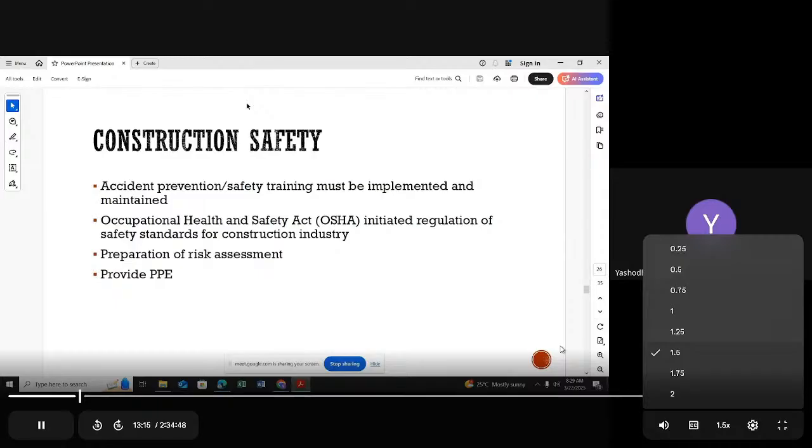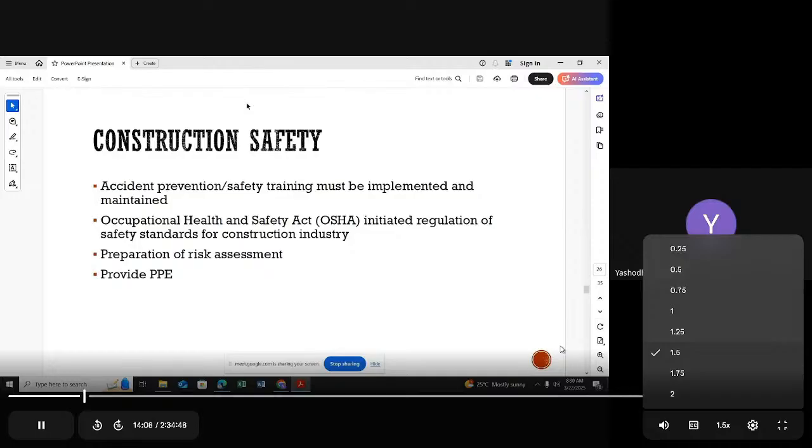Their life is at very high risk. Sometimes they have enough experience and training to work in that kind of place, so we know them as riggers. Their rate is also different. Imagine the labor rate for one day is 2,000. Labor rates are high; for example, for skilled labor, likewise there are different rates for all the labor categories. Imagine the labor rate is 2,000, but for the riggers we pay 2,500, because they are doing a very risky job.